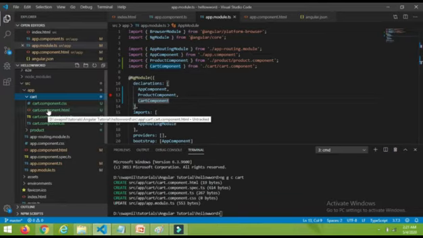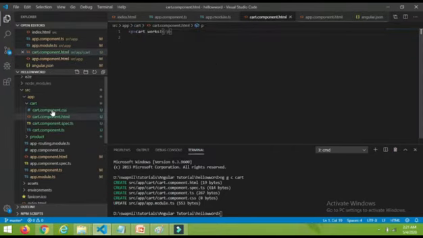Now I will check whether this component is working or not. To check this component, let me open the HTML file. By default Angular CLI puts a paragraph, that is, the component name followed by works, so here it is cart works. Let's check with this default content.